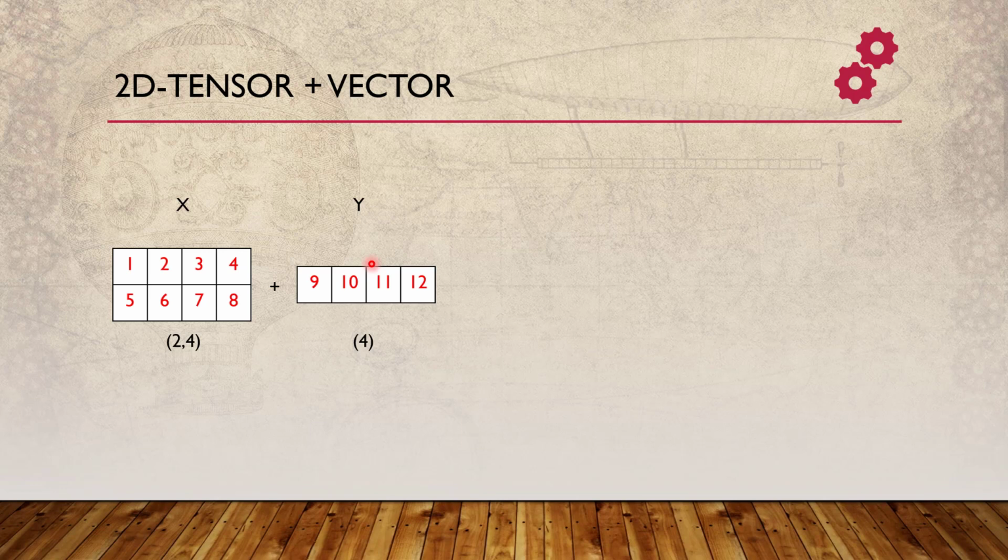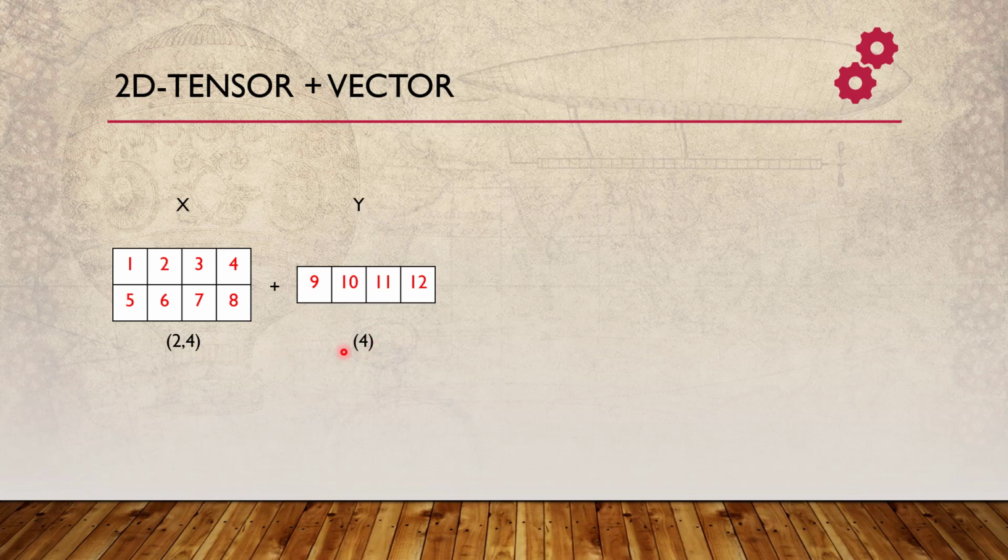the first thing we need to keep in mind is that while doing the broadcasting we need to give a tuple, and in that tuple we need to give the dimension number of the higher dimension tensor which is matching with the lower dimension tensor. Let's make it very simple. We have a matrix x, or 2D tensor x, with size 2, 4, and we have a vector y with size 4.